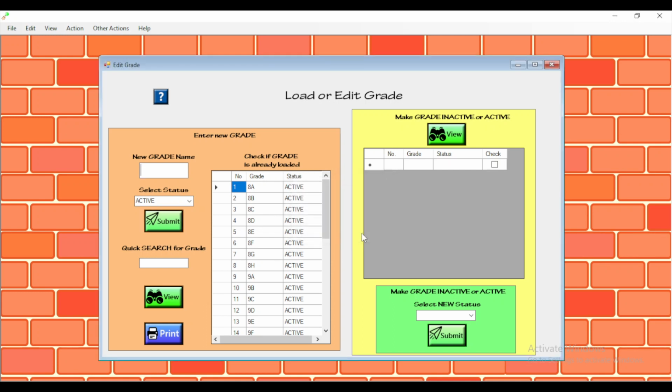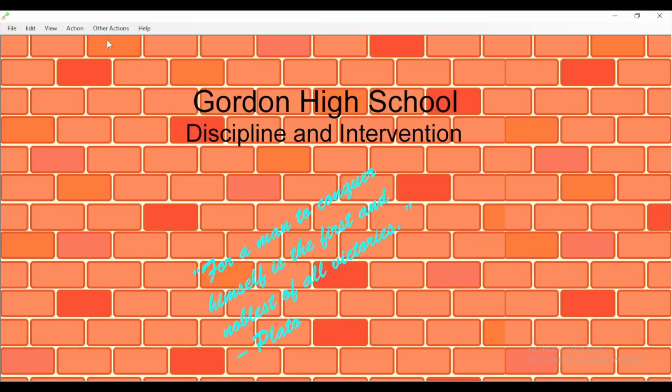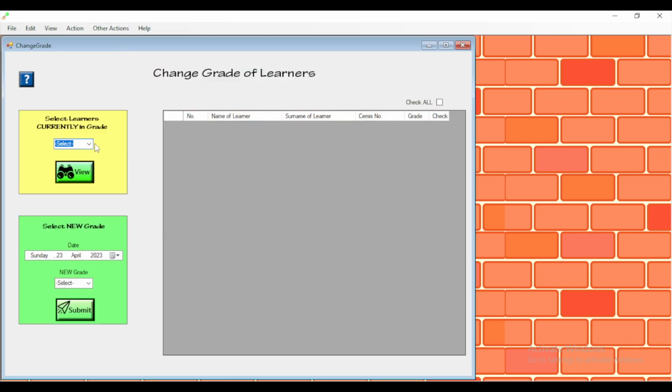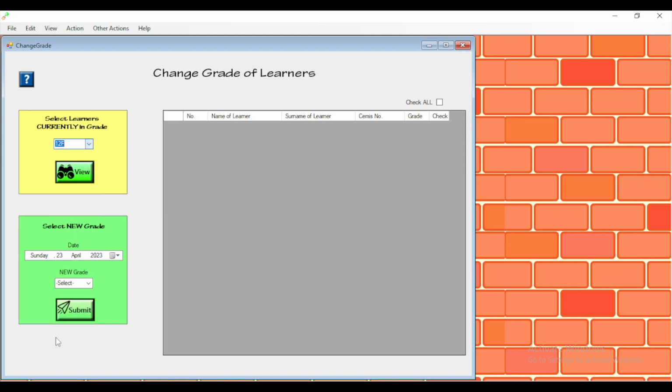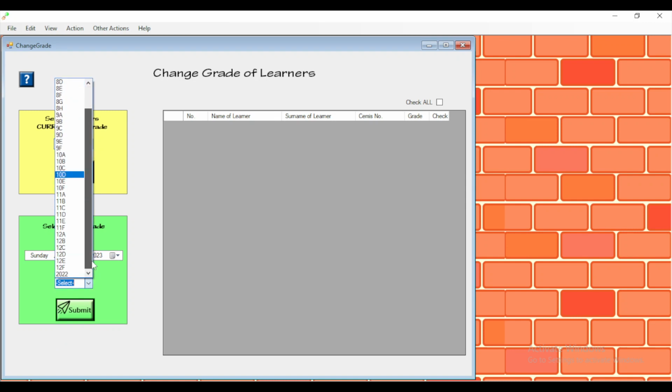New grade successfully added. And when I come now to other actions, then I select this. Currently the learners are in 12, say for instance 12F, and you've seen the new grade is now 2022. So I exit them out of the school into 2022. And then next year I will of course have a new grade 2023, and I will exit them into here